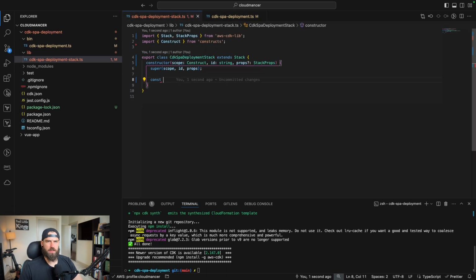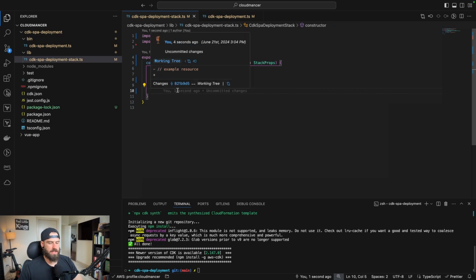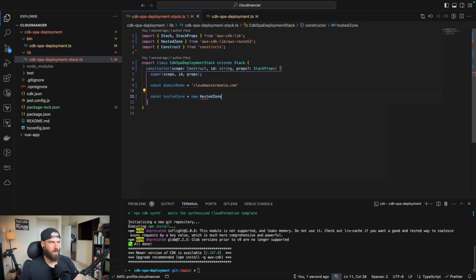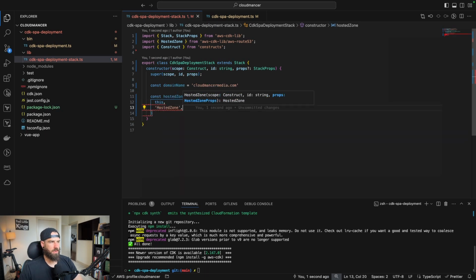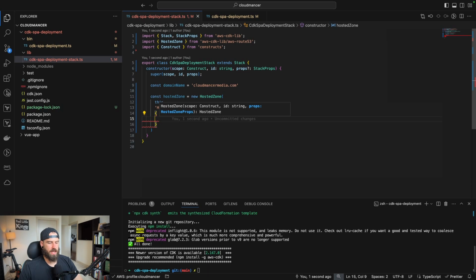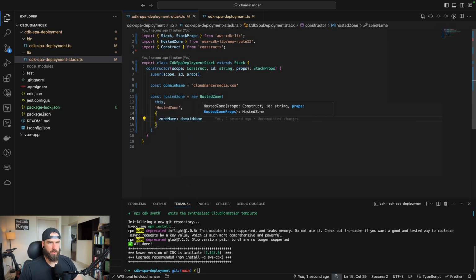All right, the first thing we're going to do is just declare our domain name. And that'll just be set to a string, just whatever domain name you're going to use. Next thing we'll do is create the Route 53 hosted zone, imported from Route 53. We'll plug in this for the context. Logical resource name will just be hosted zone. And this will just take in one parameter. It'll just be zone name, and we'll set it equal to our domain name. This will give us the Route 53 hosted zone that's named exactly as our domain is.